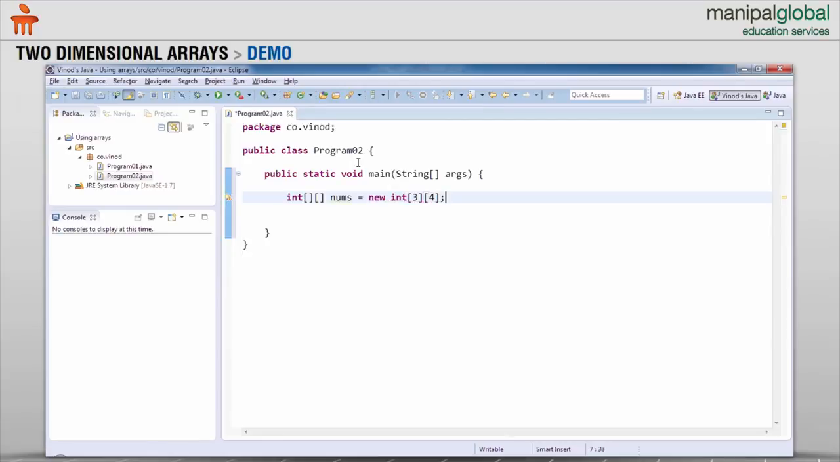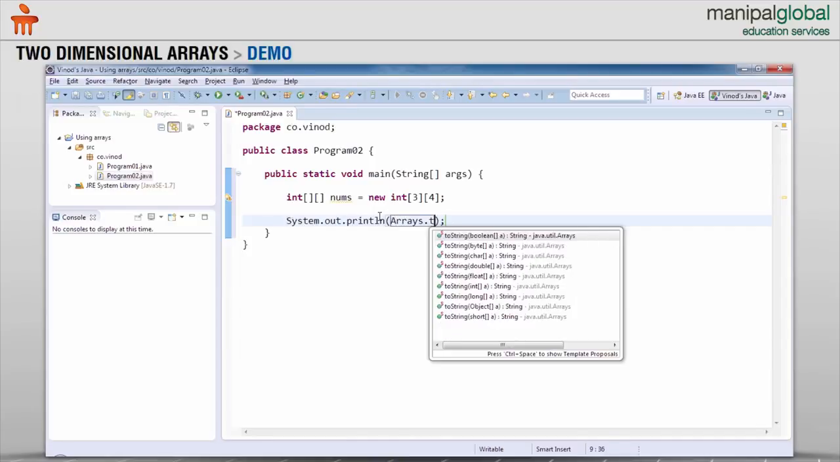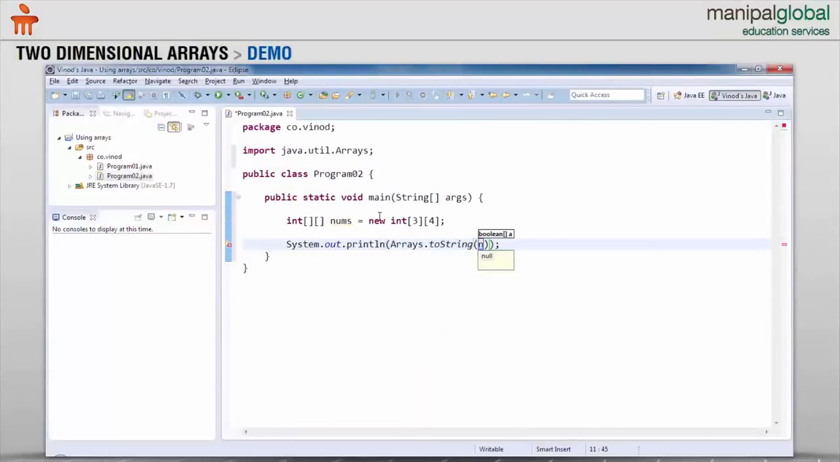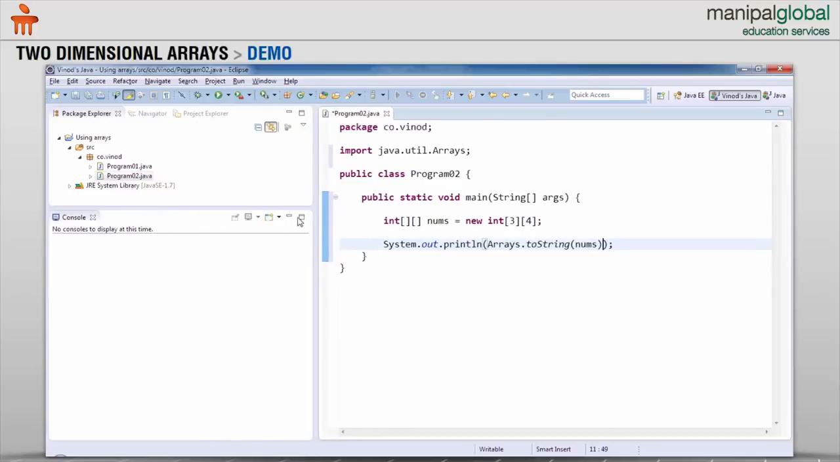Now, the notation has nothing to do with rows and columns as such, but we generally say it is 3 rows and 4 columns. In the memory, it is not a matrix as such. So, you can also initialize this in different ways. But however, let's just print it first and see what exactly the values are. So, I'm going to use Arrays.toString of this nums, and when we execute this, you will see that